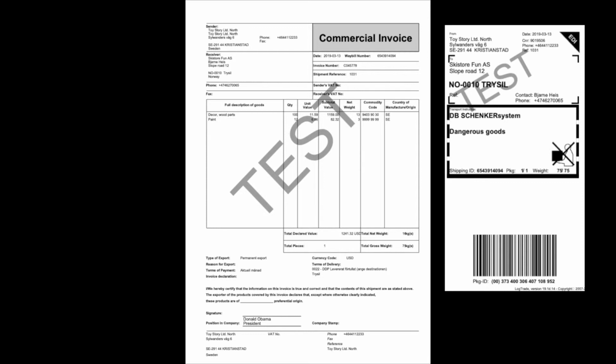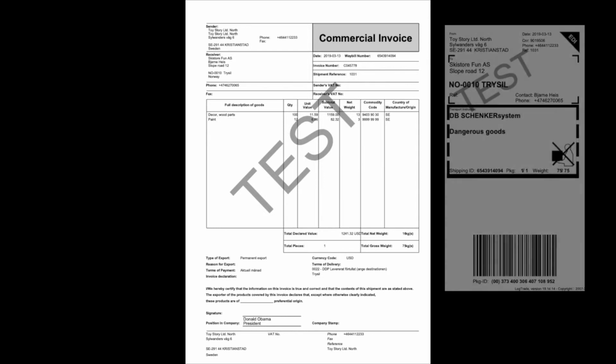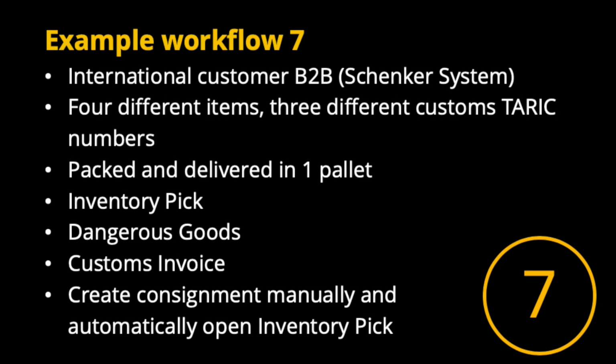Except for the label, this consignment will also have a domestic waybill, an international CMR waybill, and a dangerous goods document. This example is based on an international business-to-business order shipped from inventory pick. One of the 4 items is classified as dangerous goods, and since the goods leave the European Union, we need a customs invoice. 2 of the items have the same tariff number and will be merged into one single line